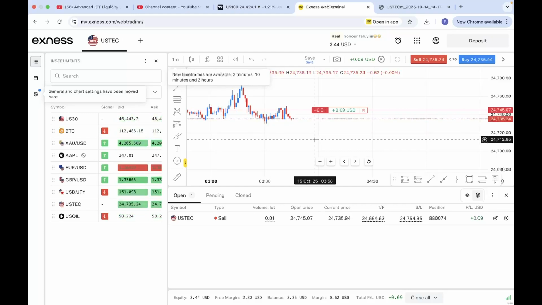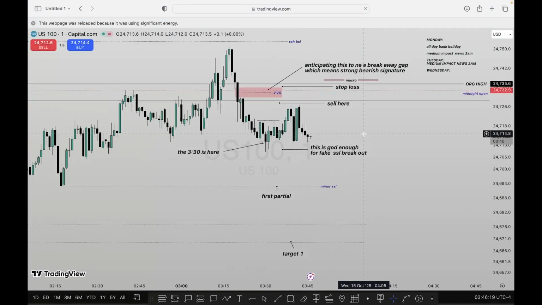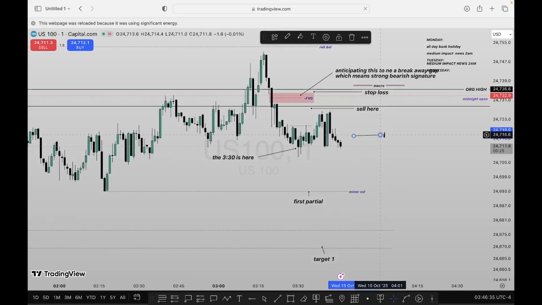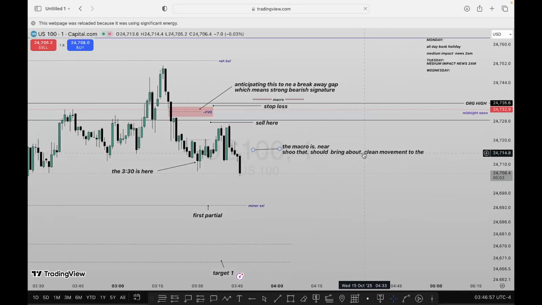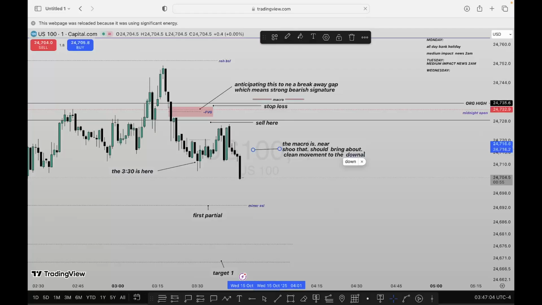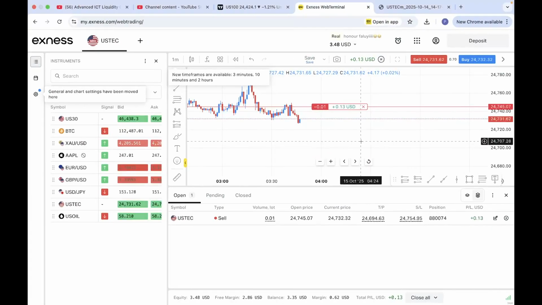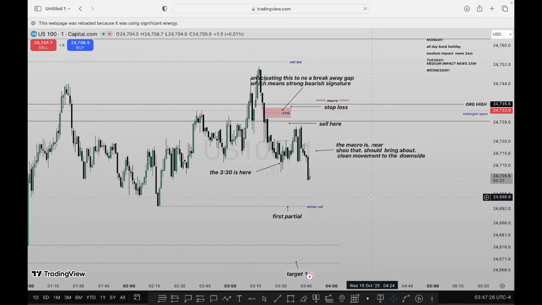Over 1 risk to reward up on the trade at this point in time. So I'm looking to take first partial at that low there. The macro, so the price started spooling at this point. I think it's already up 2 risk to reward or so. Yeah, it's already up about 2 risk to reward in profit.